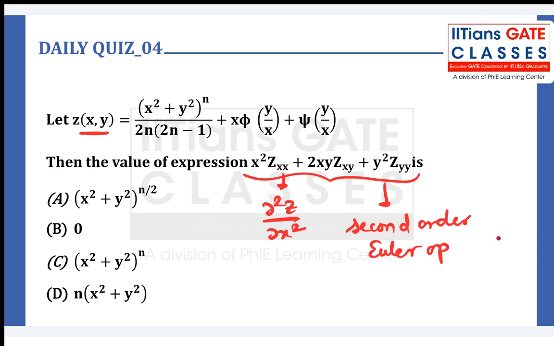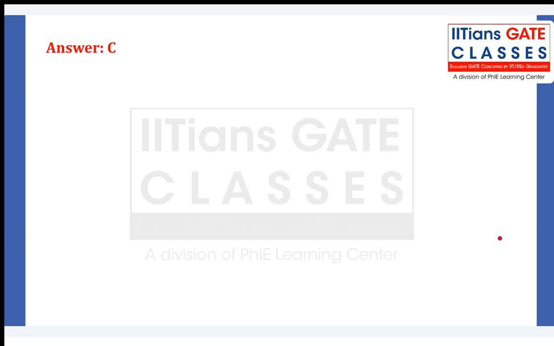And this question is one of the challenging ones because, first of all, in your GATE exam, they don't go up to second order. Mostly they will ask you about the first order Euler operator, and those formulas I have given you. So for example, if your z function is homogeneous,